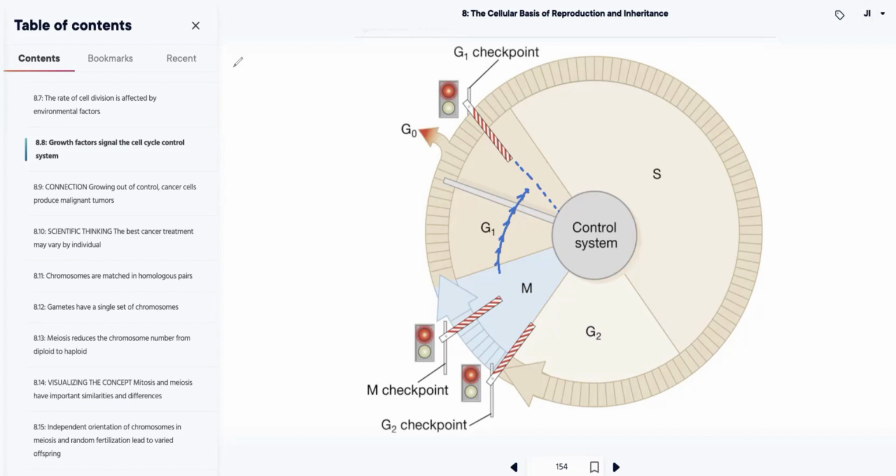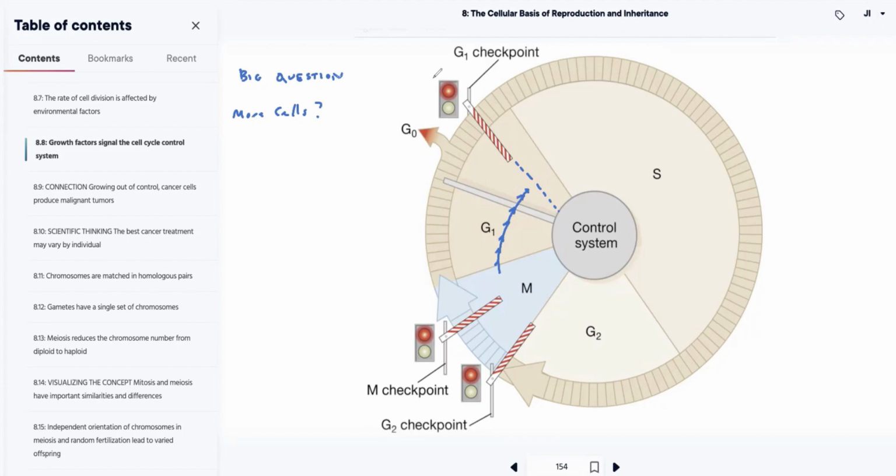Remember that the big question that we've been talking about before is, do we need to continue the cell cycle or do we need to stop? Do we need more cells? If so, we let the cell cycle keep on going, right? We would keep on going into the S phase, then the G2 phase, and then it's going to stop at the G2 checkpoint. But once we make it past the G1 checkpoint, there's nothing that's going to stop the cell from completing the rest of the cell cycle up until the time it reaches the G2 checkpoint, right?